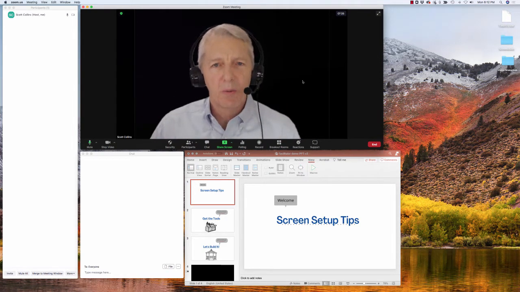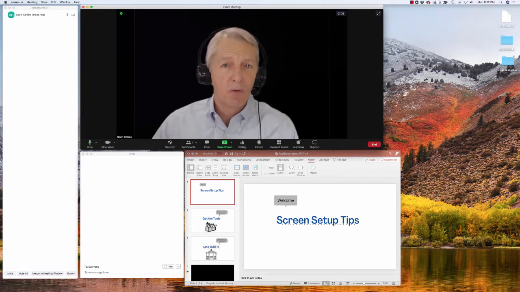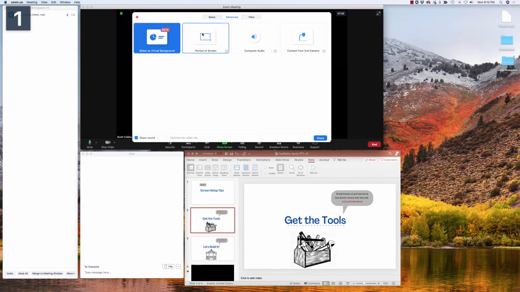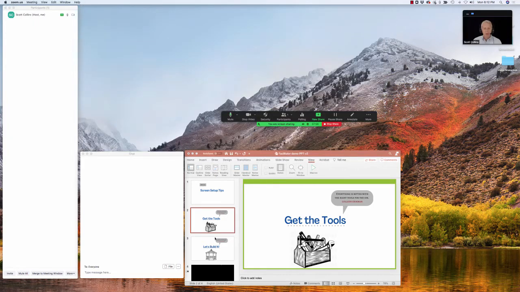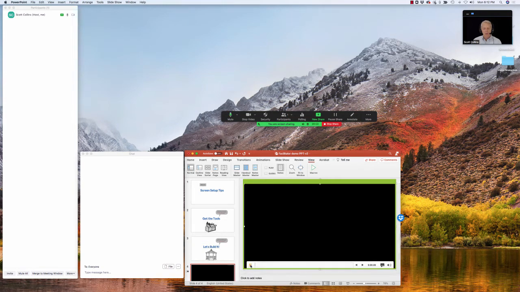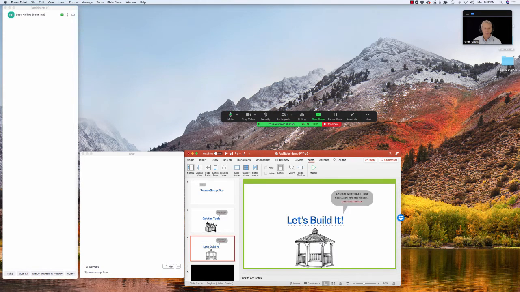All the participants who are there, I put them up here close, so I'm looking at the camera when I'm looking at them. When I want to share a screen again back on my presentation, maybe I've got a different slide up, right? I'll click Share Screen, click on Portion of Screen in the advanced window. My two items are checked. Boom. I share it. I can play my slides. I can play a video if I've got a video there to run, and I'm set. And with this option, you've got